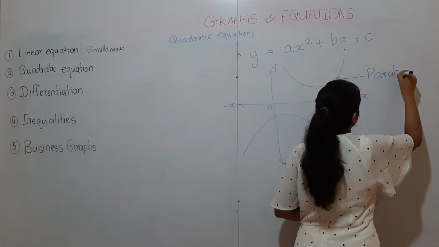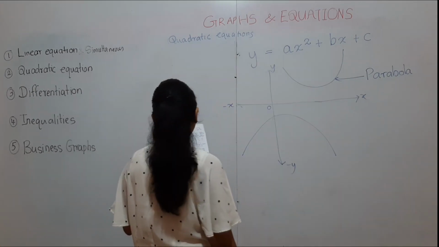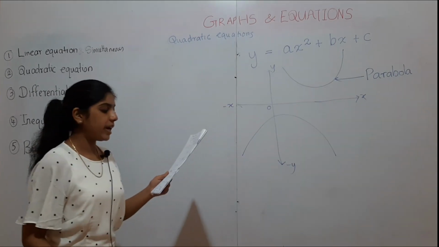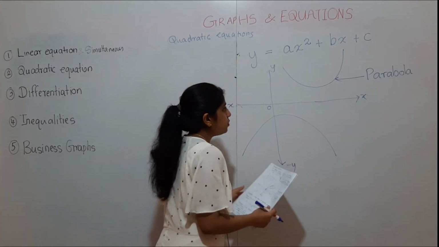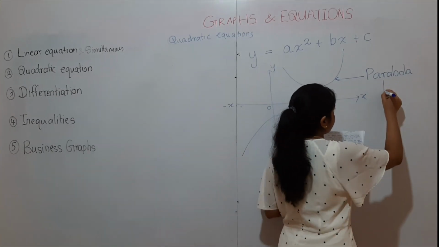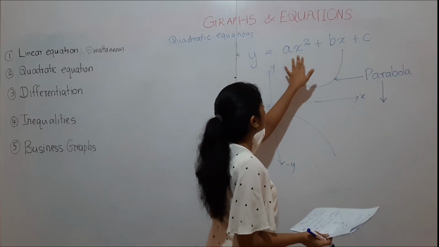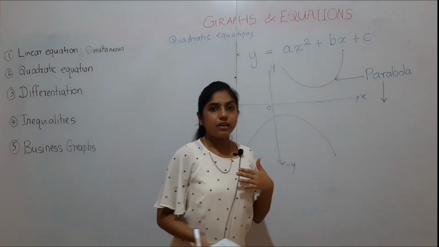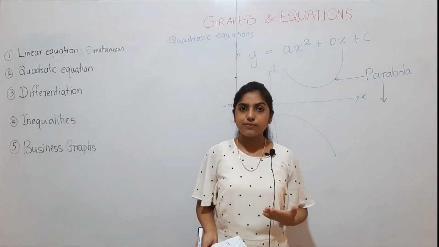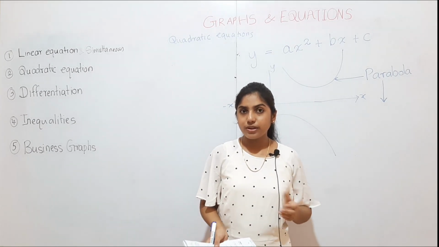Okay, parabolas. If you want to find a value of an equation of a parabola, you can use this formula. That means the equation of the parabola is y equals ax squared plus bx plus c. What I am saying is, if you want to find the x value or the y value using the equation,